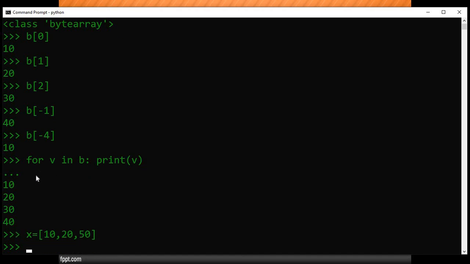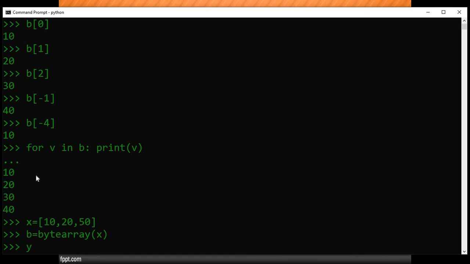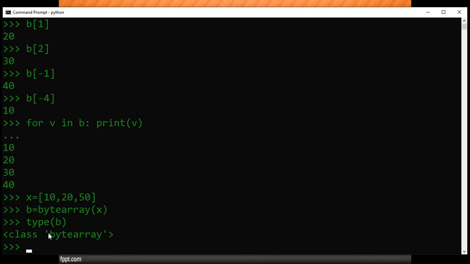Trying to change that, here I am using b. Instead of b, we can use a different variable, and here I am using bytearray of x. So that means the list x will be converted into the bytearray data type. Let's check the data type of b. We get the output as bytearray.